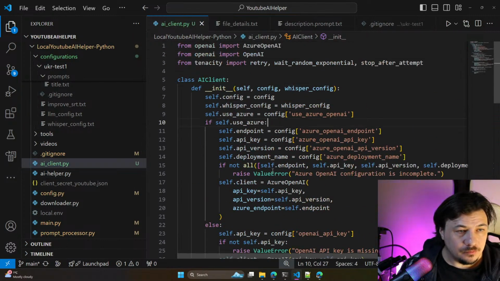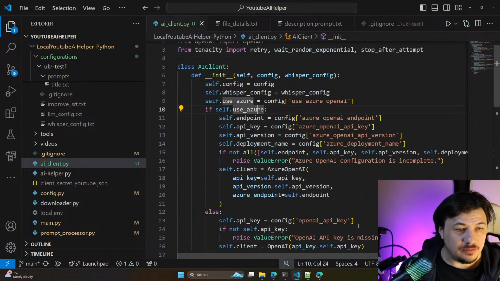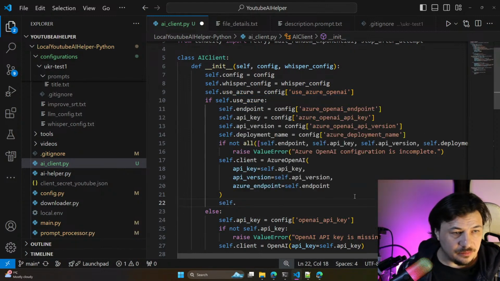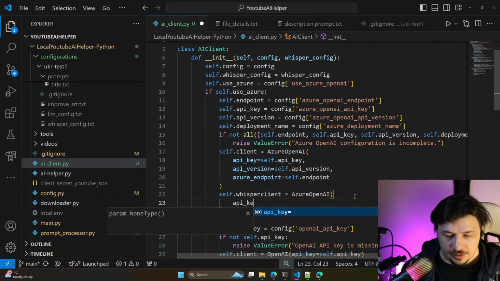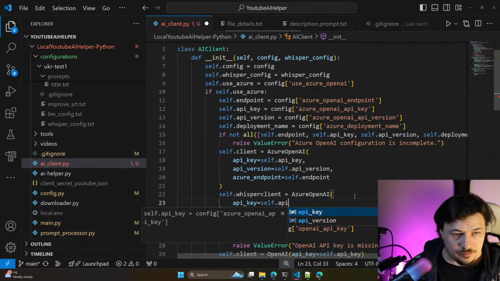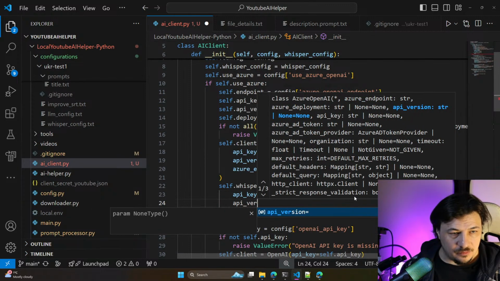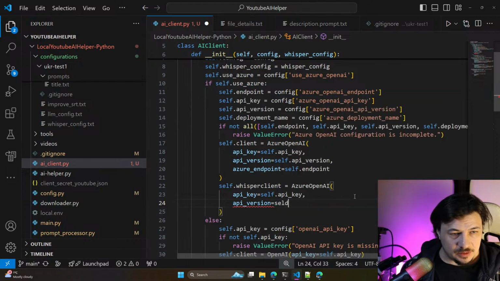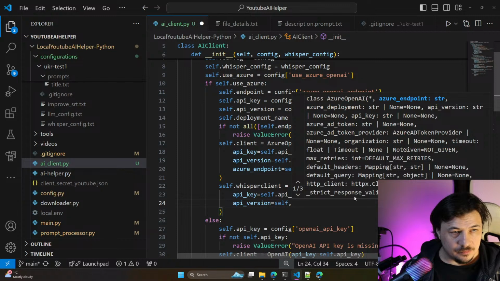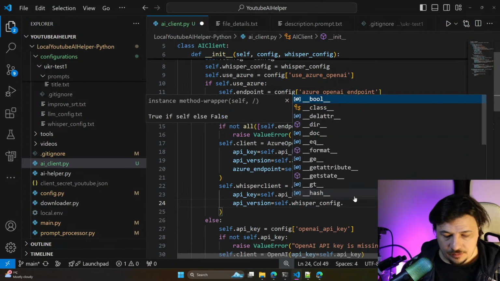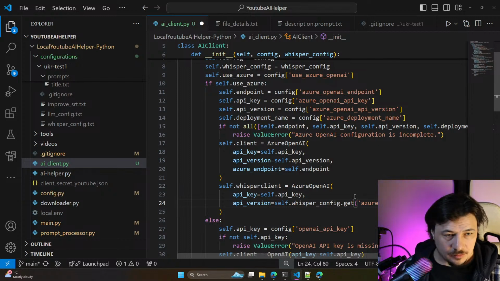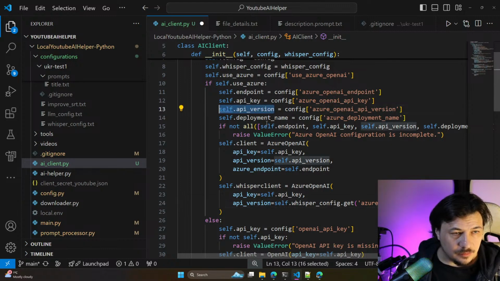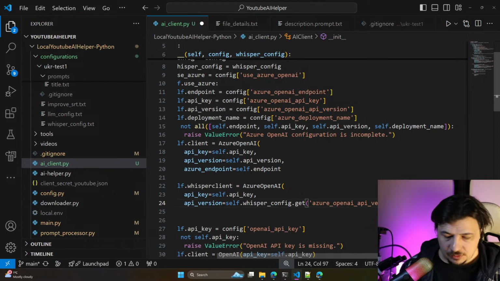So maybe in that case, if you use Azure, we need self whisper client plus Azure OpenAI API key plus self API key version equals self whisper config get. So something like that.